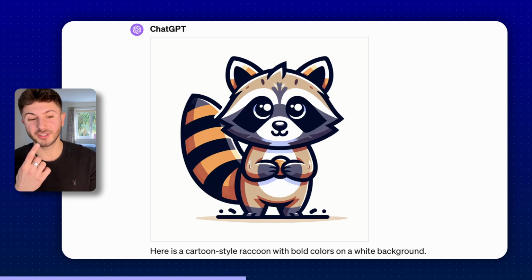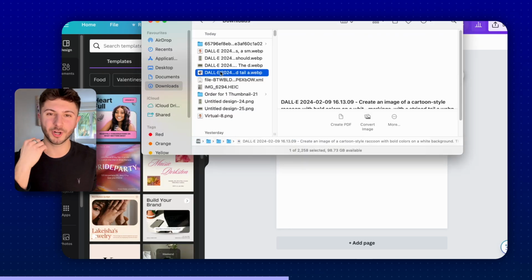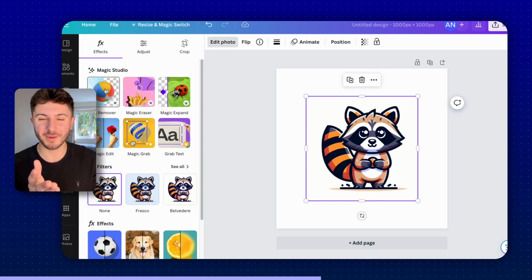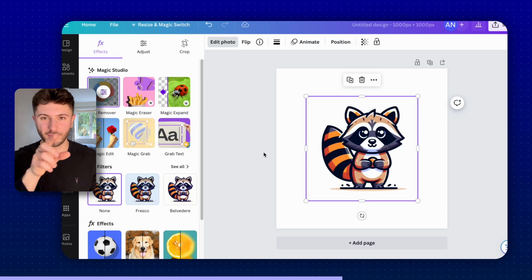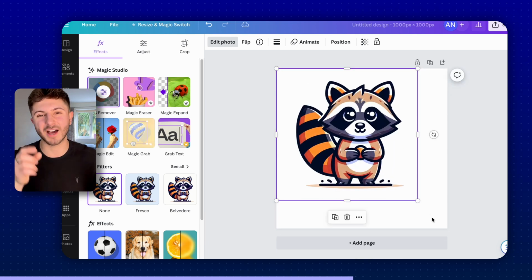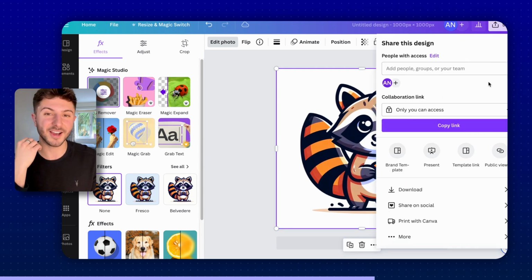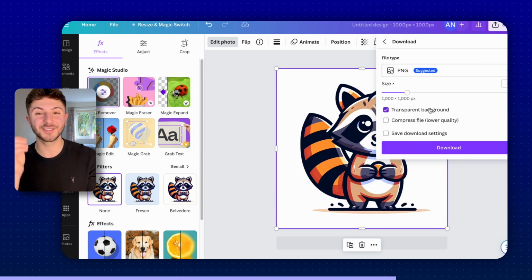So this time I'm just gonna save the image, and we wanna do something slightly different here because we're making stickers, and we wanna head over to a program called Canva. So here we wanna upload the product, and the key thing we wanna do is remove the background, okay? So we need to remove the background because when we print the sticker, we want the sticker outline to perfectly match around the actual animal and not the square that it comes out with if it did have a background. So yeah, on Canva, remove the background, save it with a transparent background,